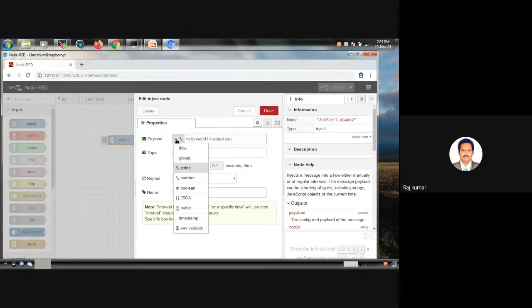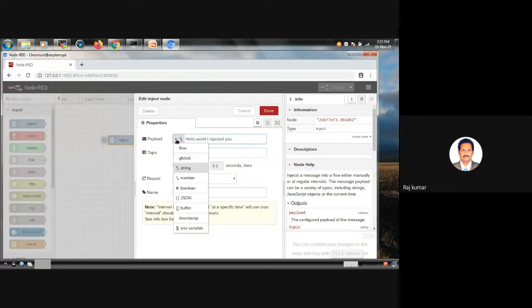One is global string number, boolean, that means true or false, or some JSON, JavaScript Object Notation, or something related to buffer, or simply a timestamp or environmental variables.